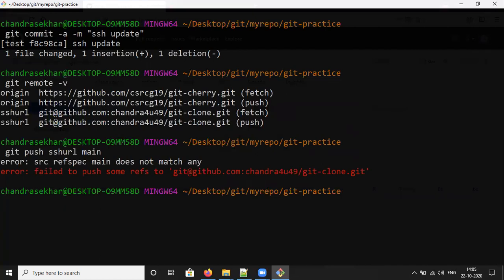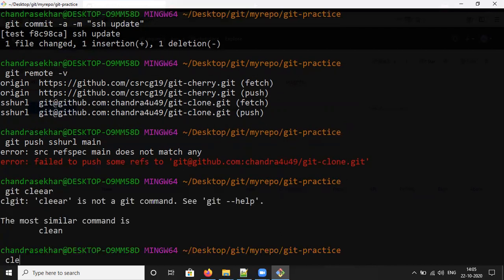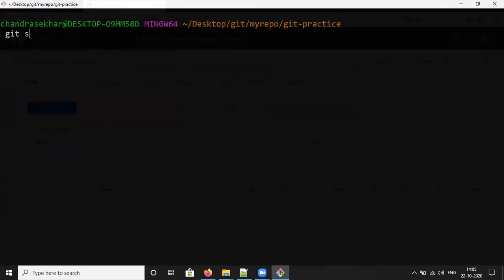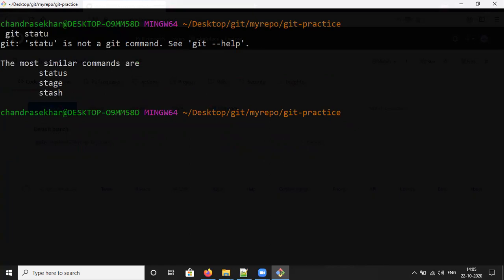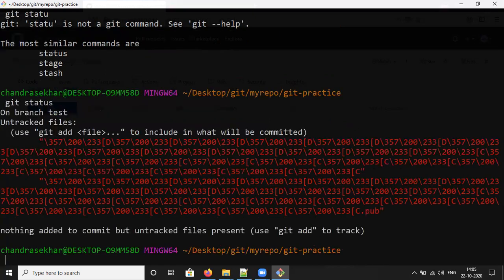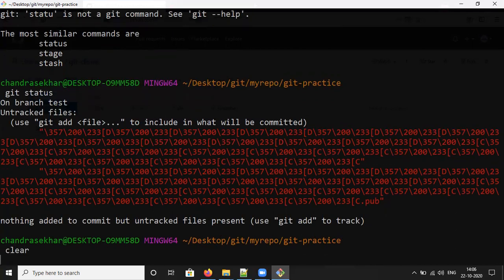It does not match any. That means it is giving something. Sorry. Need to check git status. Git status. Include in what will be committed. Okay. Git add.